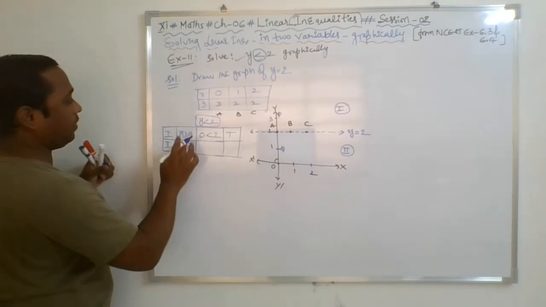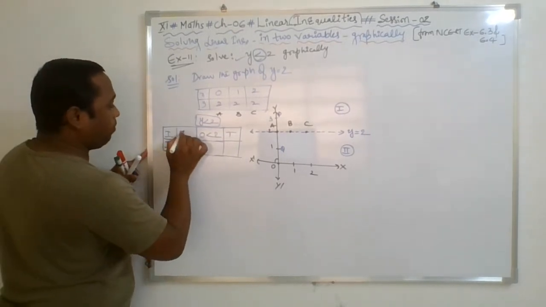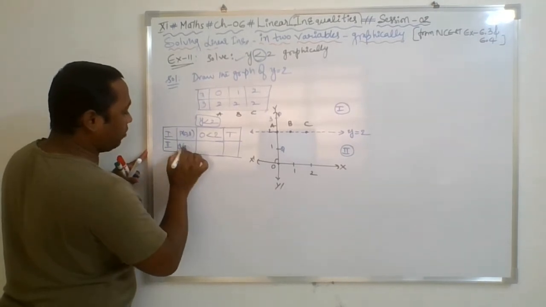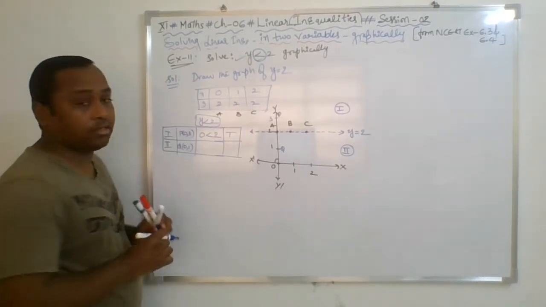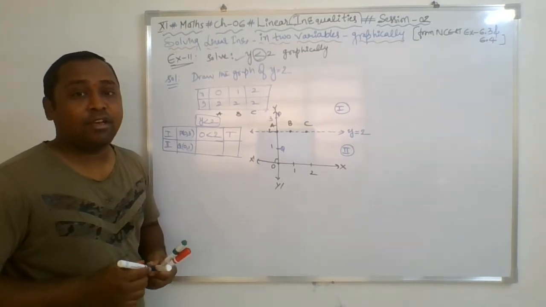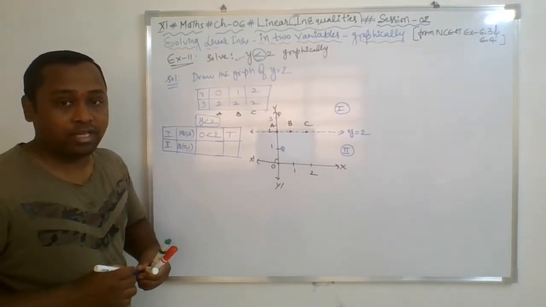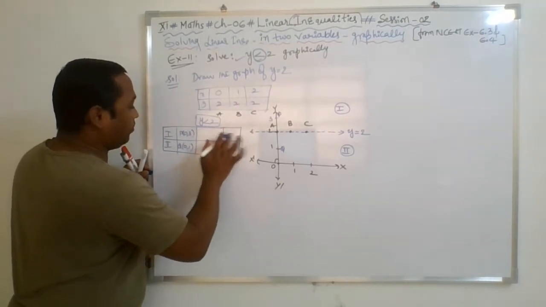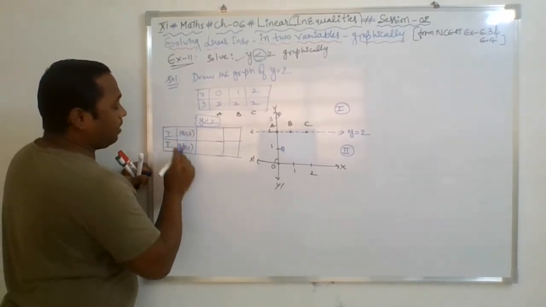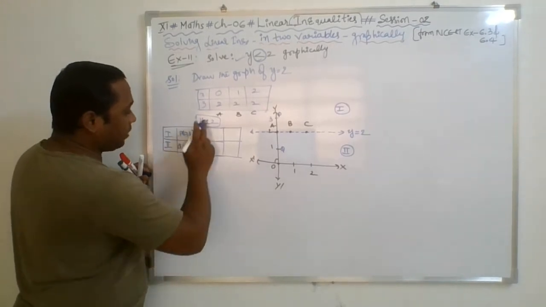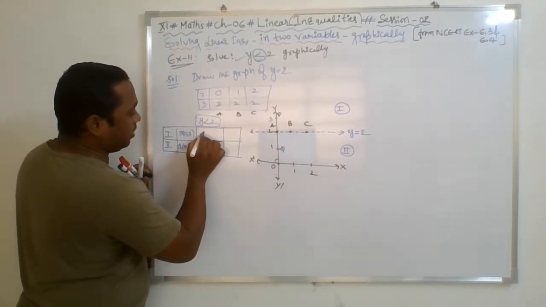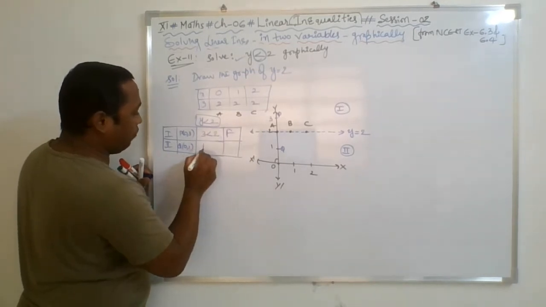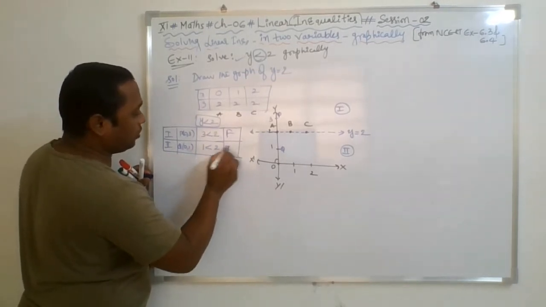I think I have written the wrong point here. Coordinates of P will be 0 comma 3, coordinates of Q will be 0 comma 1. It's a mistake basically committed by students even in the exams, so they may get the wrong conclusion. Fine. So 0 comma 3. Now, if I substitute the value of y as 3 here, 3 is less than 2, which is false, and 1 is less than 2, which is true.